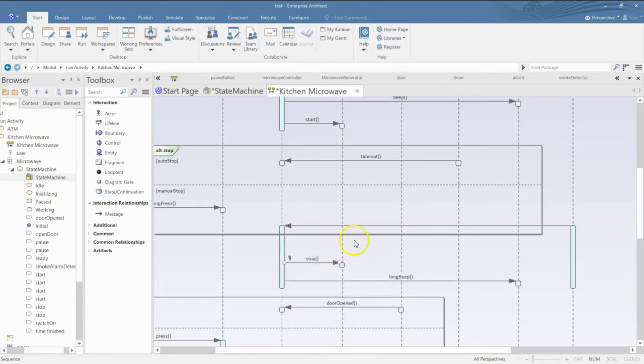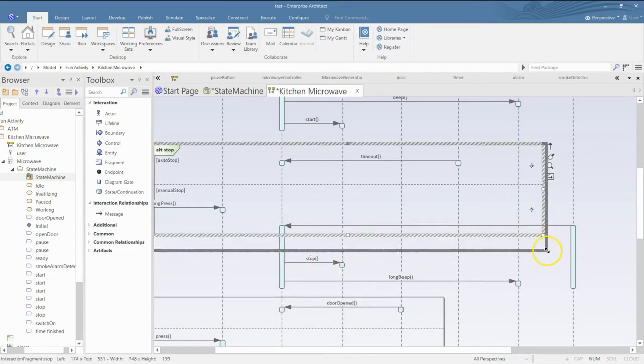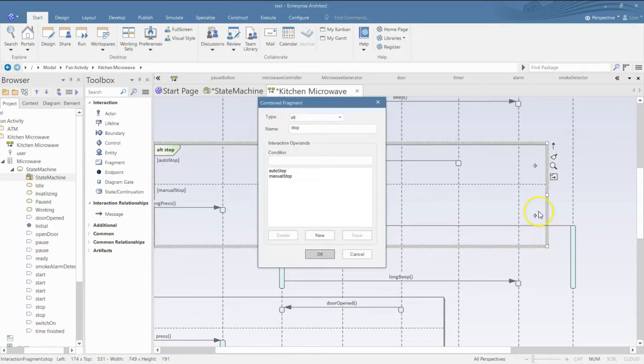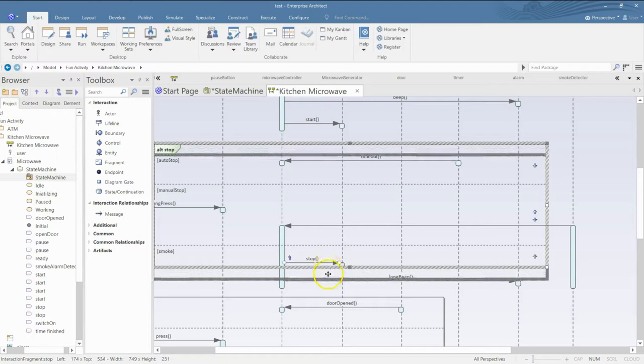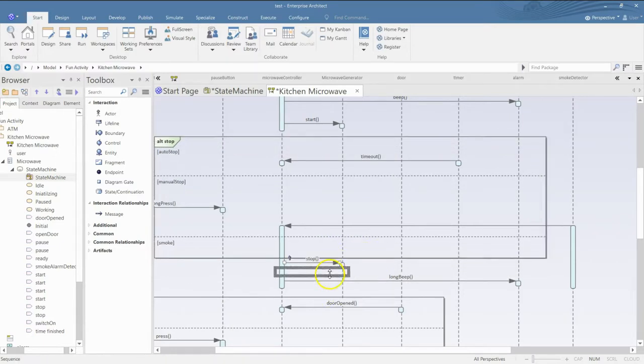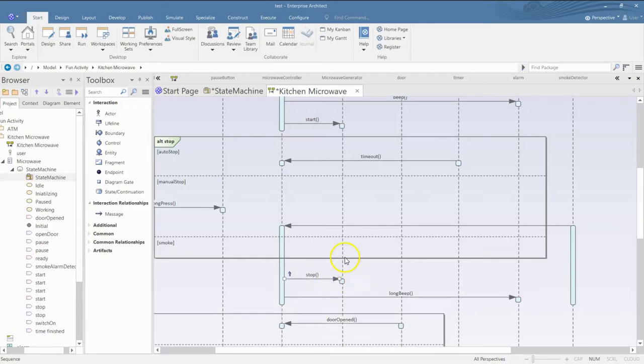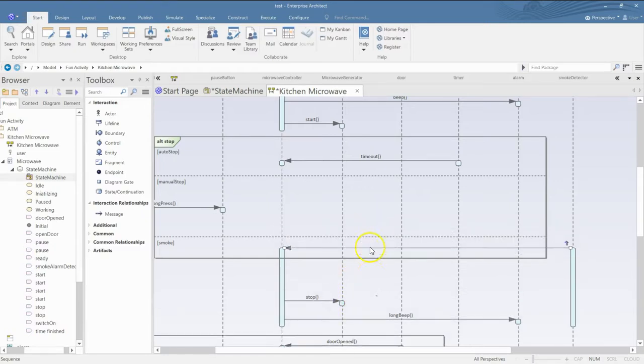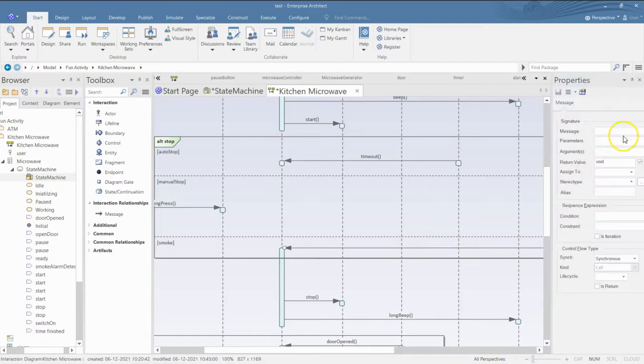So let's make some space and let's add one more condition to this and say smoke. And this will go out. Actually, this should go out. Okay. And this will go down here. And the message is smoke detected.